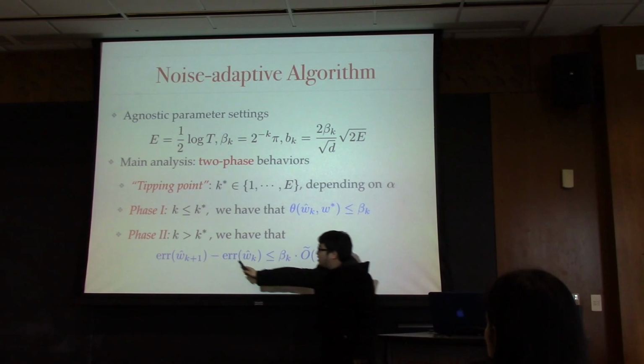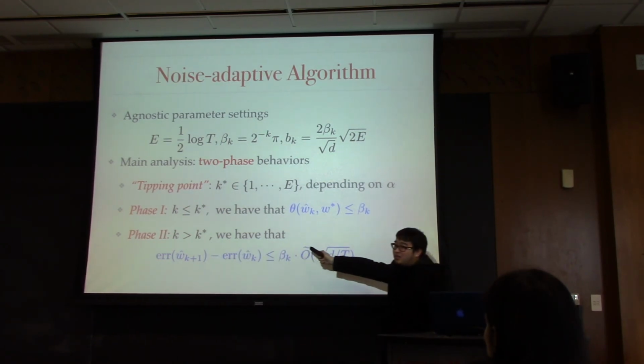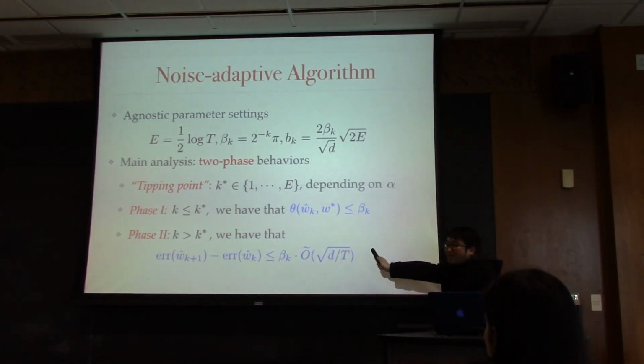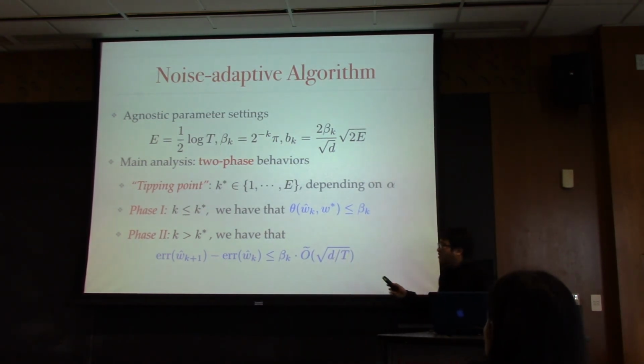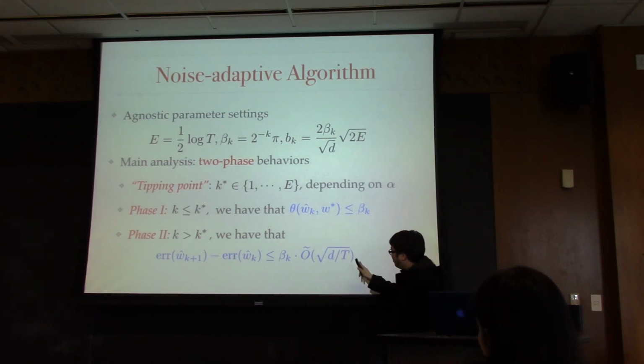So at iteration k star, you already get the best estimator, but you can't just say I stop because you don't know k star. So I have a feeling that testing whether this excess error is at this order is at least not easier than actually getting one. Yeah, you might have to test in the band, but it's not clear if that would be very good. The confidence band will depend on this, and to get this, you need a lot of samples.